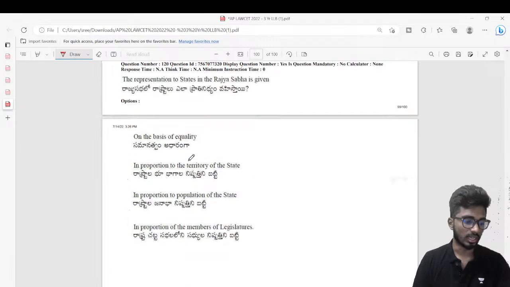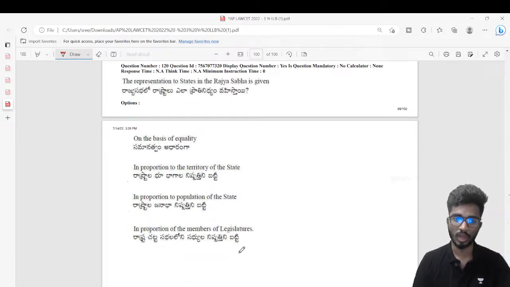Last question of the day. After that I'll take up if you have any questions. The representation to states in Rajya Sabha is given